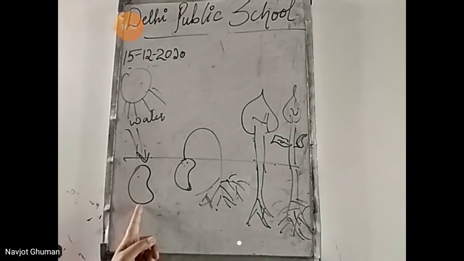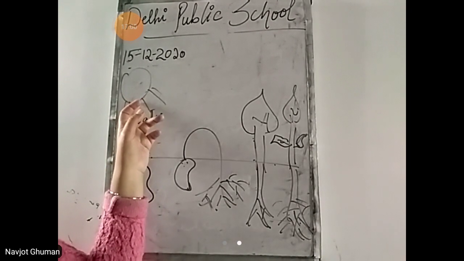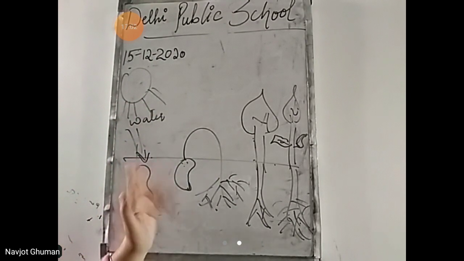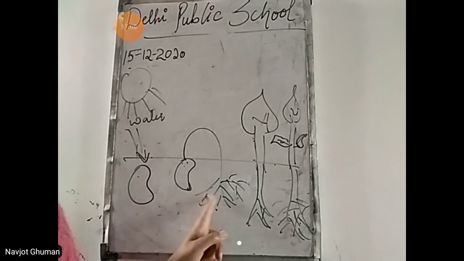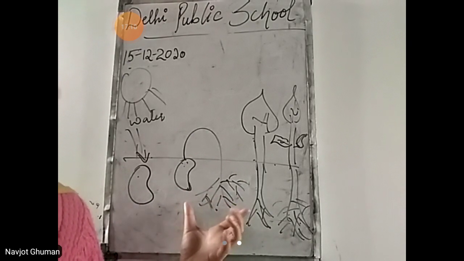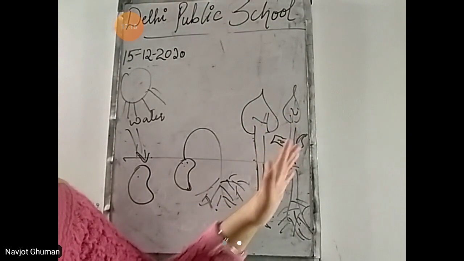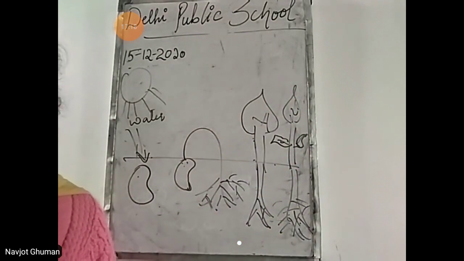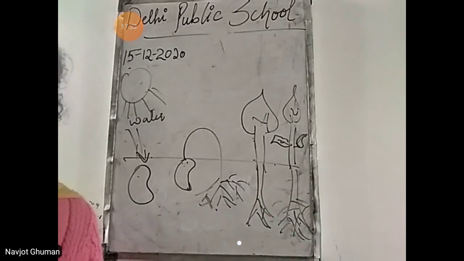First, we have sown a seed in the soil. We are giving water to the seed. Heat is coming from the sun and air is also coming from the environment. After a few days, what happens? The seed has started growing or giving rise to the roots. Roots निकलनी शुरू हो गई. And then कुछ दिन बाद उसमें से shoot निकलनी शुरू हो गई. And after a few days, what happened? A new plant has taken place. This is called germination. The whole process from the seed to a plant is called germination.